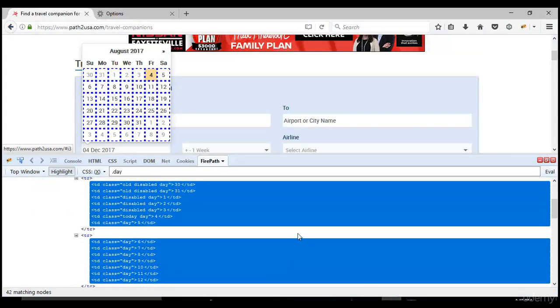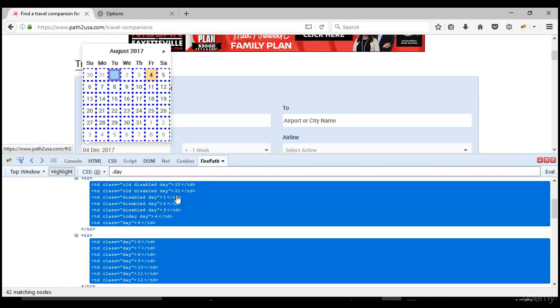If you see, dot day, you see the 30. This is the first item, and this is the second item, third item, fourth item. So your control will be on the first item when you say get of 0. The control will be on the second item when you say get of 1. Each and every time the control will go through every item, right?